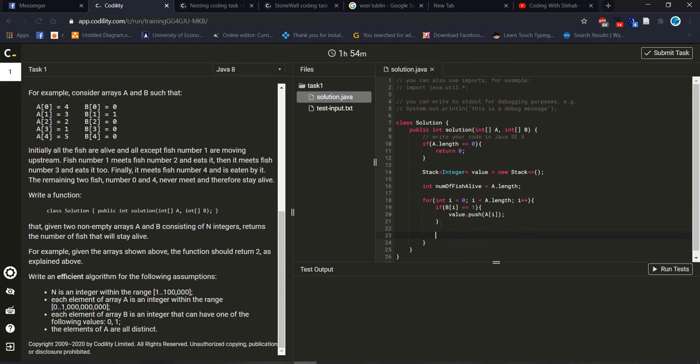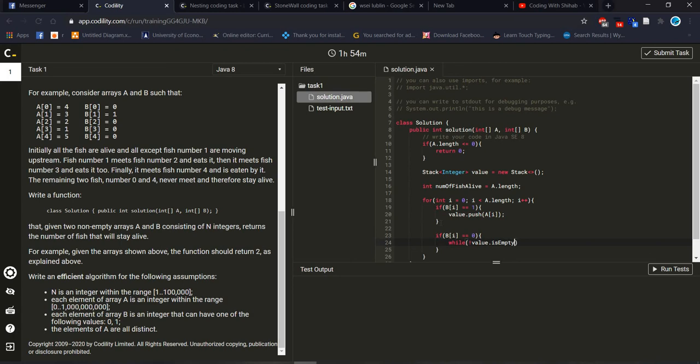Later, we are going to check another condition. If B[i] equals 0, that means the direction will be up. Then we have to check while not value dot is empty.